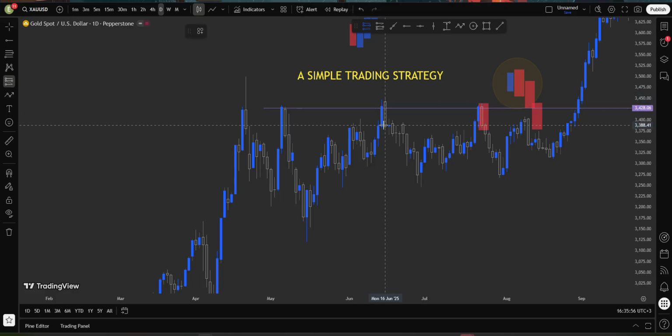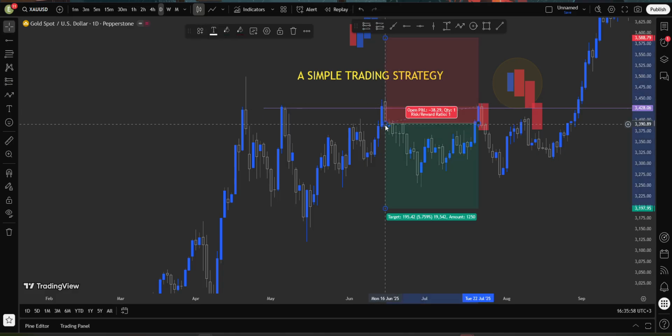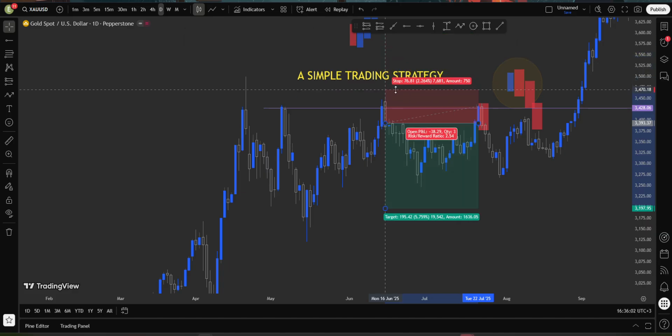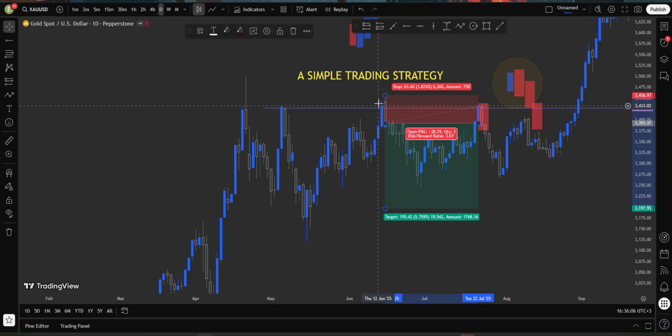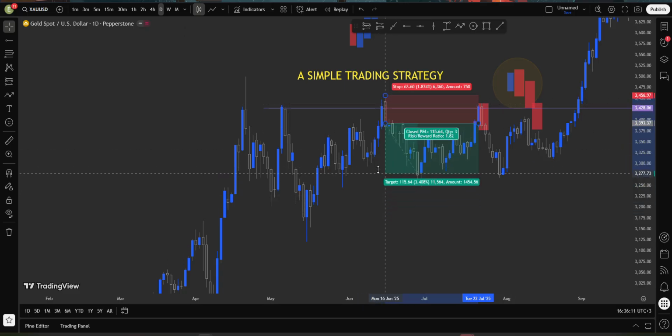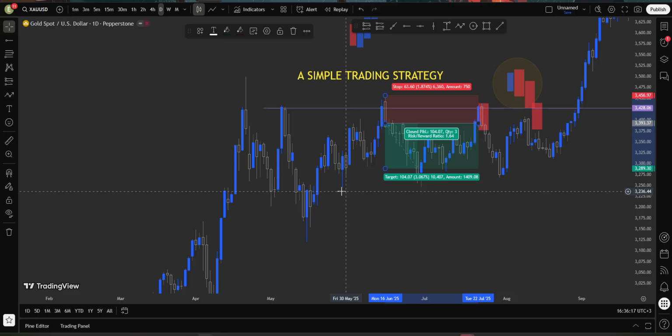When it closes, I can enter just below it, but there I have to take some consideration, and I put my stop loss just above the bearish engulfing, and I target the next significant level. We have this support, or I can test that. I can take this where the market has zones which are going to hold the market. So I put my